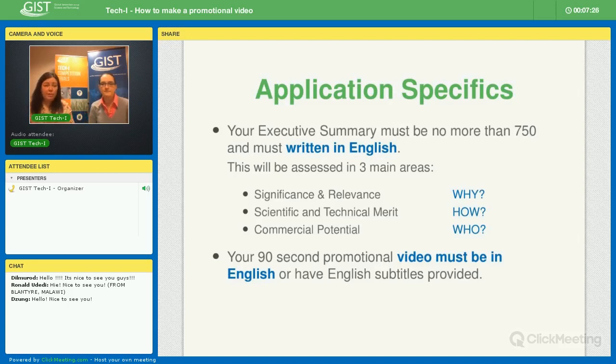Now, Jenny has put together a couple samples from folks that we had in our competition last year who actually came with us to the GES finals in Morocco. So throughout this presentation, we'll jump in and show you some of those samples just so you can really get an idea of what people have done in the past.